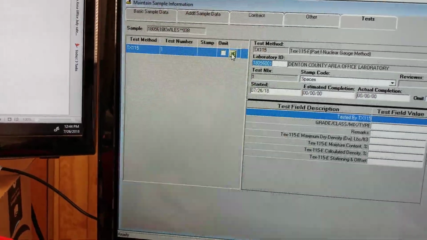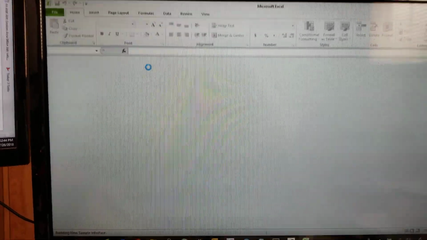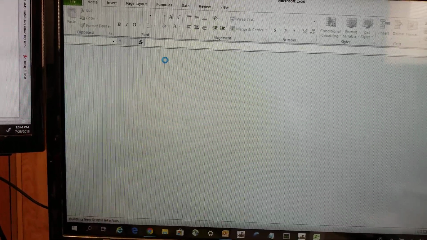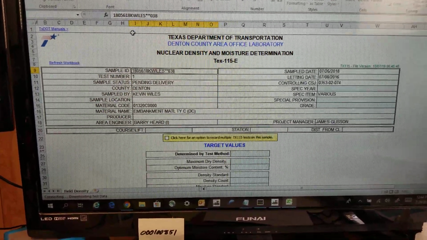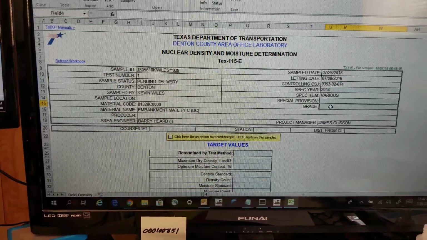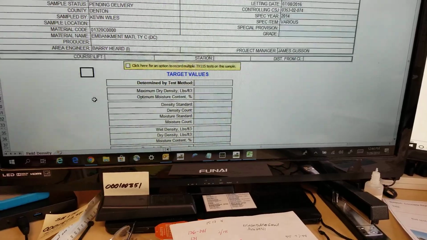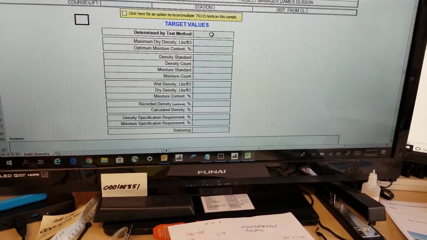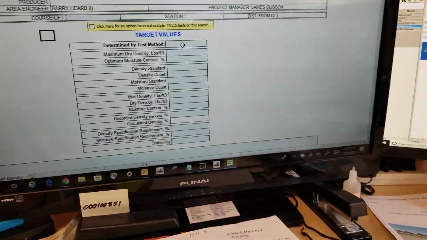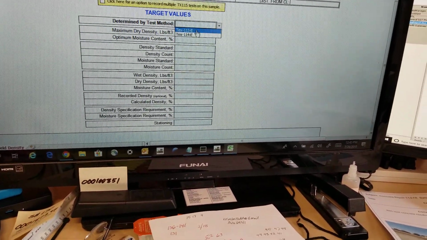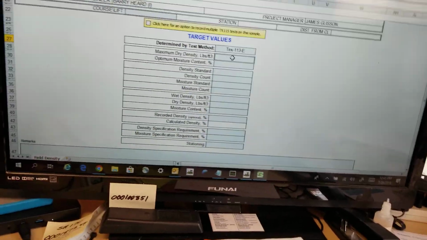So then you click on this green X right there, which is for X-Site Manager, and then this pops up once it gets done working. And then you put the grade of your material if you want in there. I always like to put multiple, but this is where all your stuff goes. You can enter one here first, and your test method is going to be 13, and then your max density,